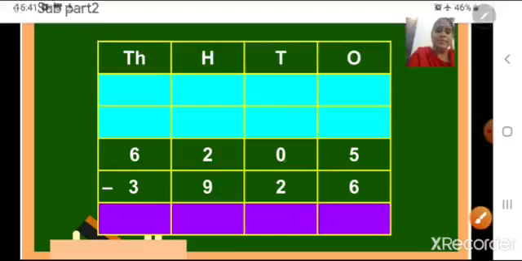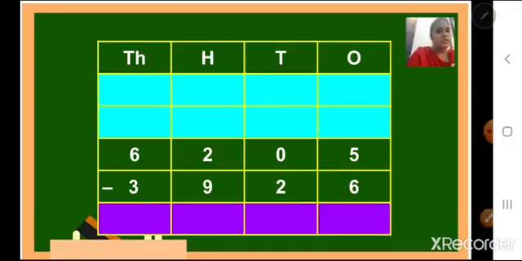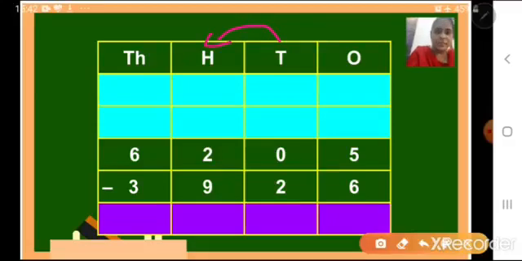Now in tens place we have 0. Children, if you don't have any chocolates, can you give me 5 chocolates? No, it is not possible. First you should have something. That means tens place needs to borrow from hundreds place first. So tens will go to hundreds place. Now here in hundreds place we have number 2. Number 2 means 200. So from here we will take 1. So we will take 100 and give it to tens.